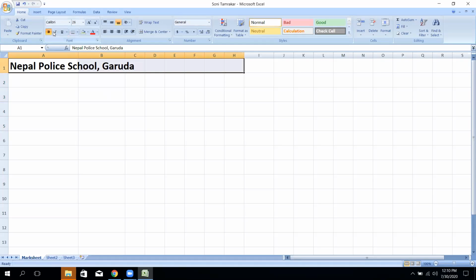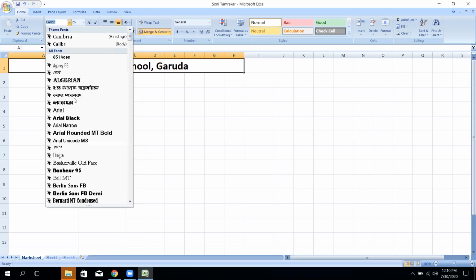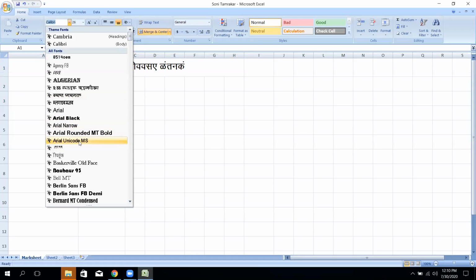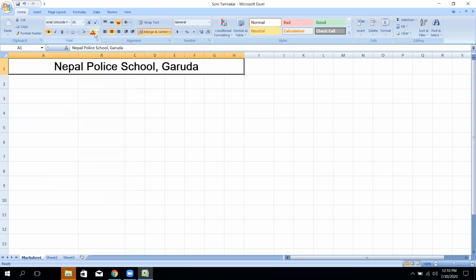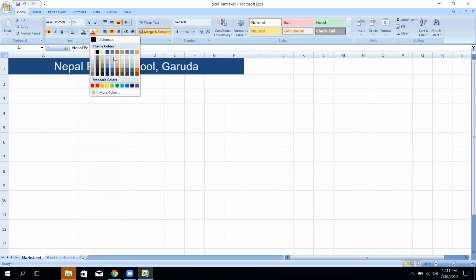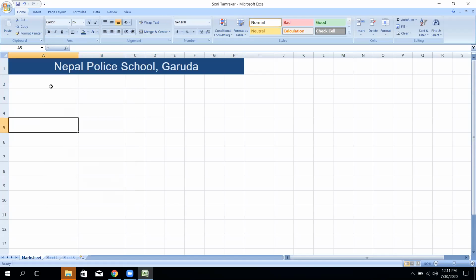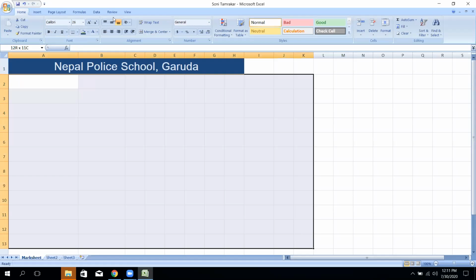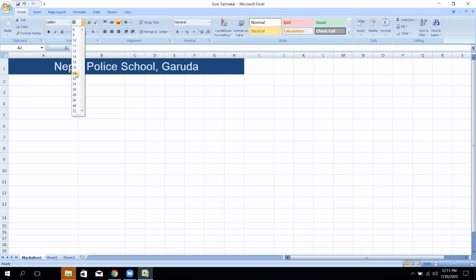You can use bold here. So, it has been written here, merge and center. If you merge and center, then it will change the location to the correct place. Okay, you can also use different colors for good attraction. Okay, name of a student. We can decrease the font size because we don't have enough space. Okay, this is better.